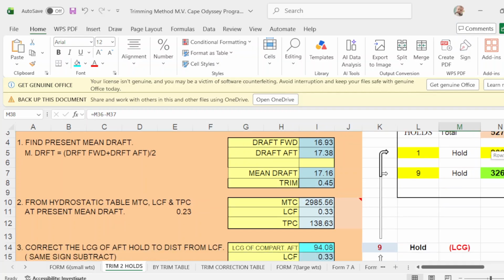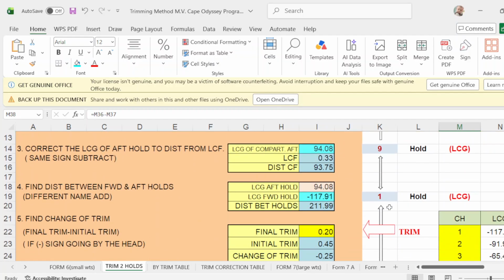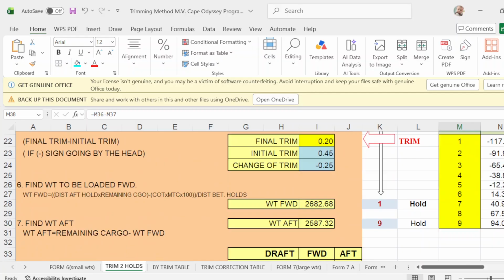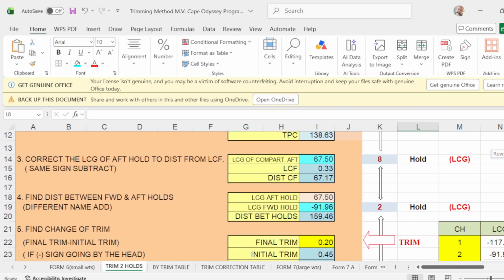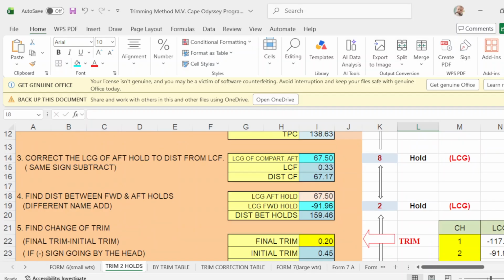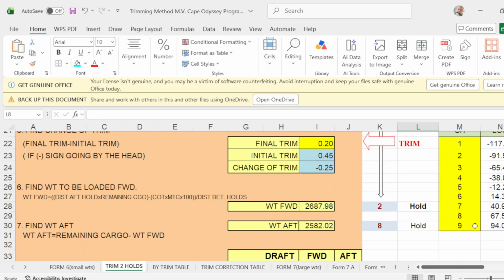Take note, guys. This 1-9 and this figure 1-9 will change when we put here 2 and 8. So you put here 2, press enter, and you put here 8. Okay, and notice the changes. It's now 2 and 8. Okay,